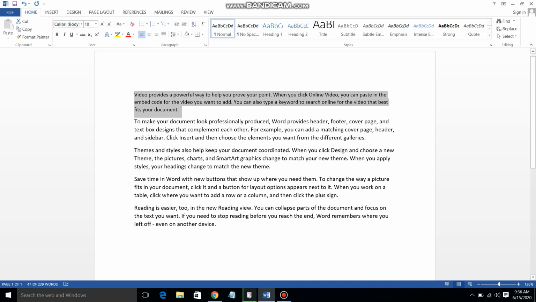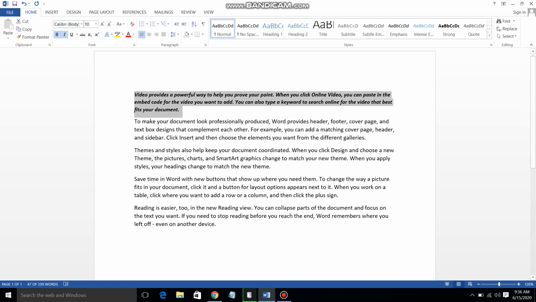Now the second option is bold. Okay, below the font style you can see bold, so you will get the text in this way, with a very black effect. Okay, so bold. Then the second is italic, which means you will see this is the straight or normal text, and this one is a slanted text, see, like this way. Okay, so this is the italic.